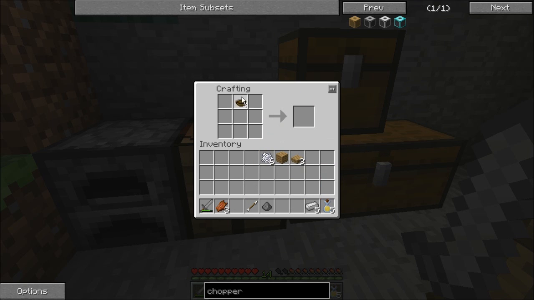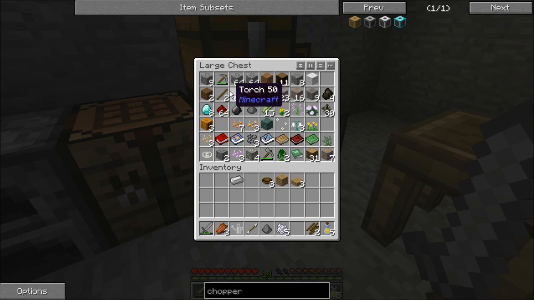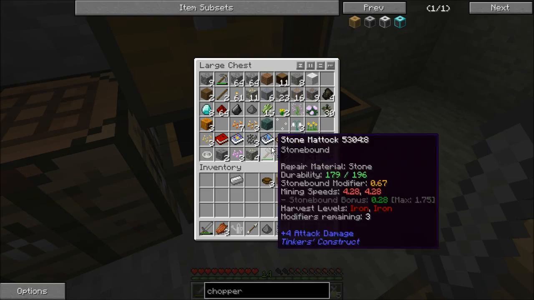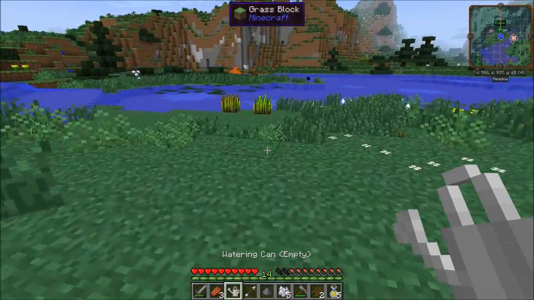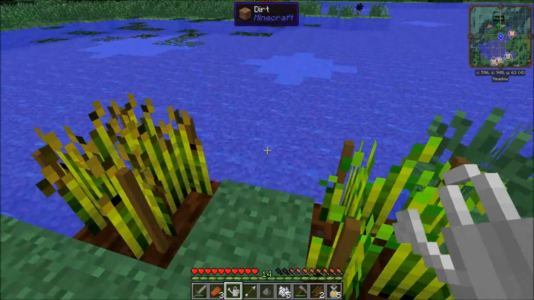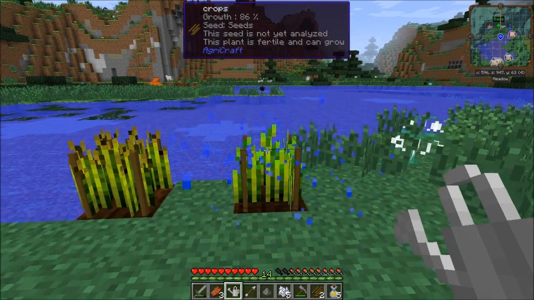A bowl, a piece of bone meal, 4 iron ingots is going to get us a watering can. We're going to take the bone meal out with us, and we're also going to need these other 2 crop sticks and our mattock. Now we're going to come over here and we're going to water this wheat after we fill our watering can. We're going to water this wheat until it gets...